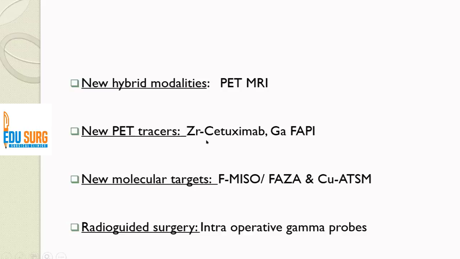Also, there are newer PET tracers, zirconium cetuximab and gallium FAPI, which is the fibroblast activation protein inhibitor. This tracer is very promising and it has already been used at All India Institute and Postgraduate Institute in India. The tumor to background ratio is excellent because there is no physiological uptake of this particular compound in the liver. So this gives the best possible staging